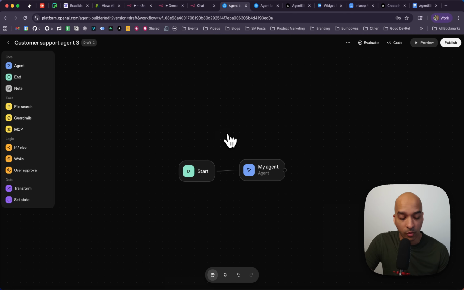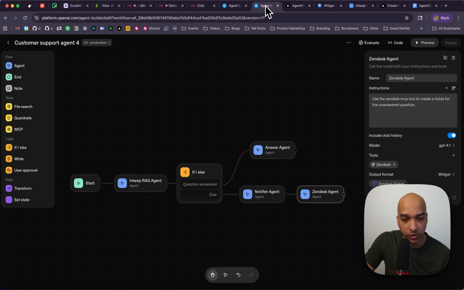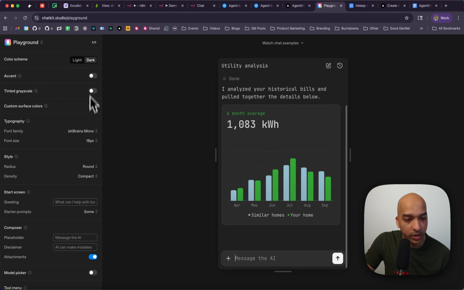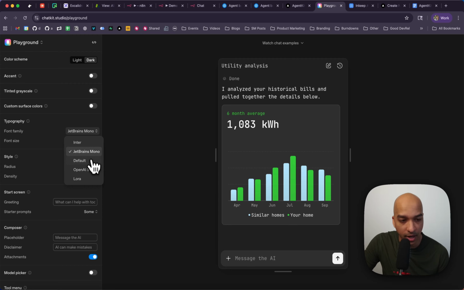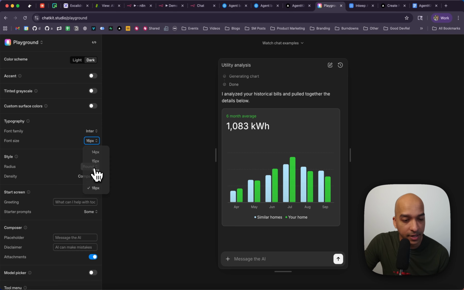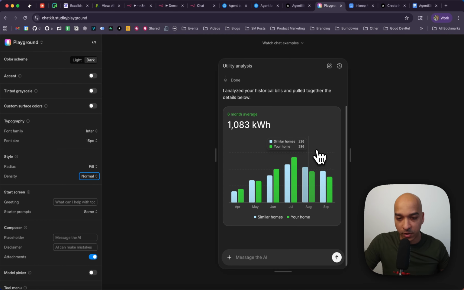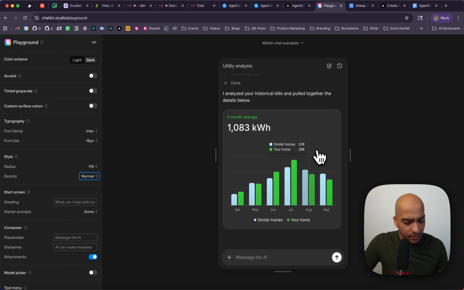The chat widget UI is open source and is very customizable. So if we go to the widget playground, we can see that we can modify the font family, the size of the font, the roundness of the corners, how dense the widget is, and overall it's very customizable. The widget builder also offers a rich generative UI, as we could see from this graph right here. And more than that, creating a widget is incredibly easy